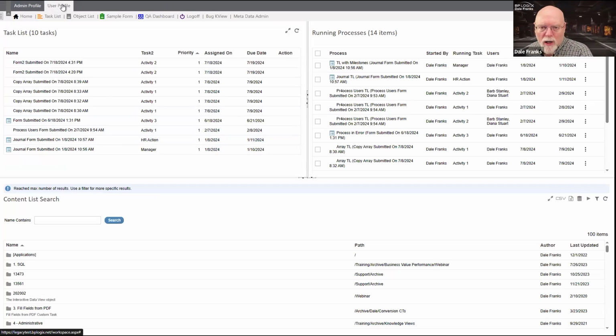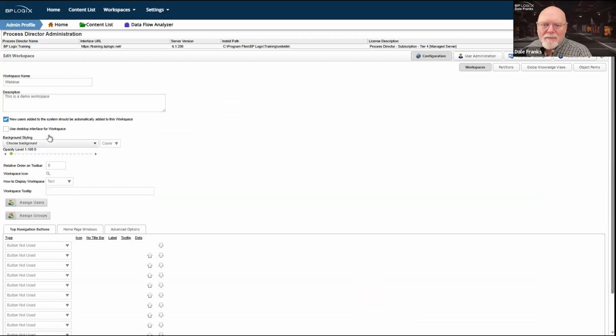You can set the relative order on Toolbar so that the things that you think are more important to the end users will show up in position number 1. And as we move to the right horizontally on the screen, we'll see progressively less and less important tabs across the top of the screen. It makes sense with the tabbed interface. This property makes less sense in a menu-based interface, where I think normal alphabetical sorting is probably your best option in terms of making it less confusing for your end users.